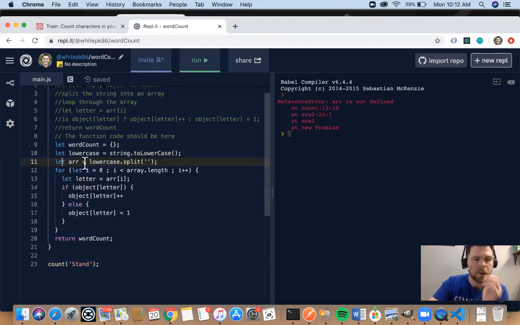Okay, let R equal lowercase split. R dot length. R index i. Object? No, that should say word count. Oh, lordy.